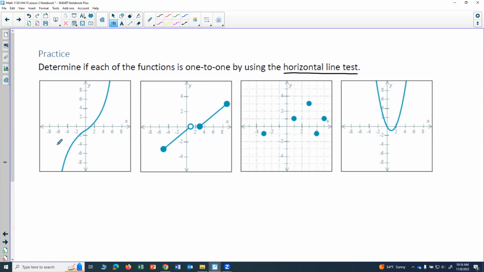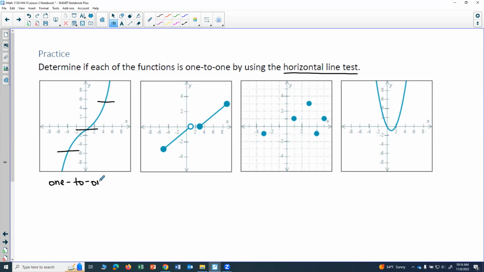So if we drew a horizontal line anywhere on that graph, it only touches the graph at one spot. Even here, that horizontal line only touches the graph at one spot. Here as well. So no matter where I draw my horizontal line, it only touches the graph once at one spot. And so this one is going to be one-to-one